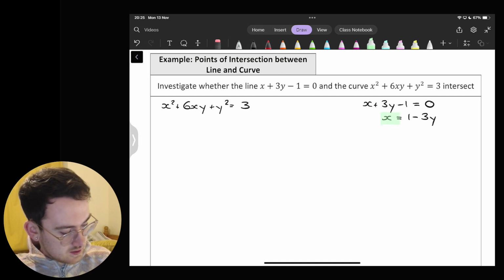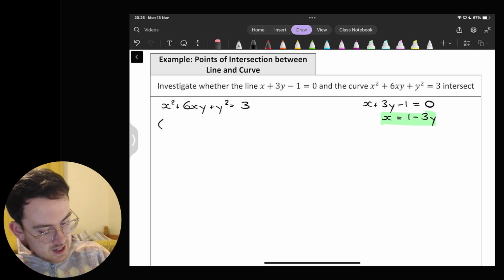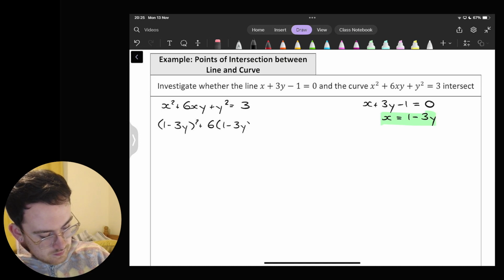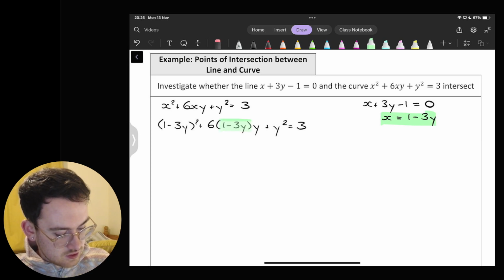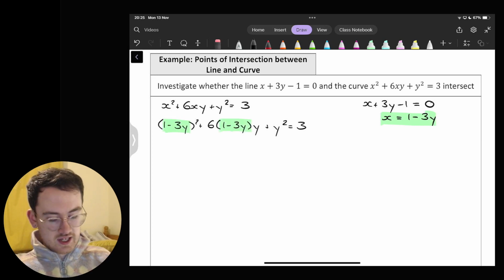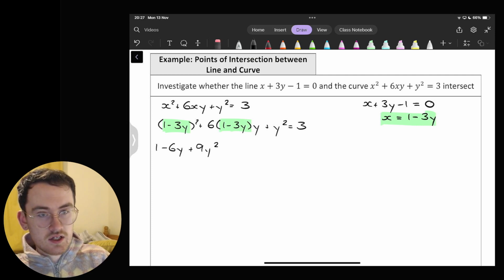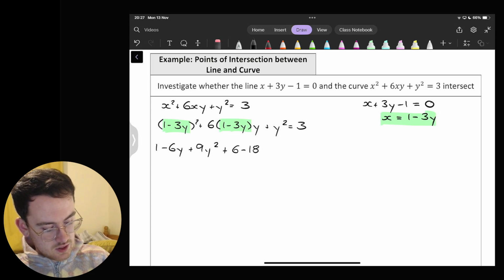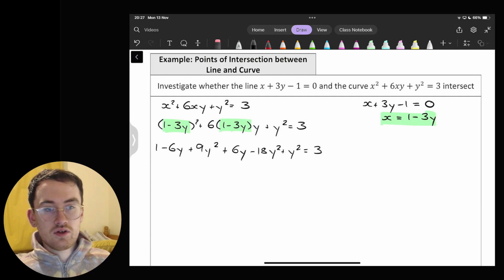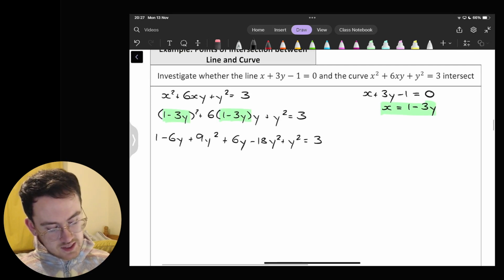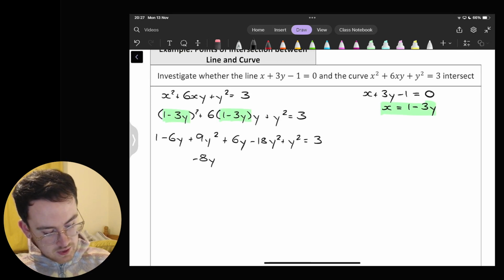So let me just highlight this here. So again, anywhere I see x, I'm going to fill in 1 minus 3y. And y squared at the end. Okay, same as before, and let's just finish that off there. So just so we can see where we've substituted that in, multiplying out my bracket, 1 minus 6y plus 9y squared plus 6y minus 18y squared plus y squared equals 3. Okay, simplifying all this down, I suppose, as best we can, we're going to get minus 8y squared